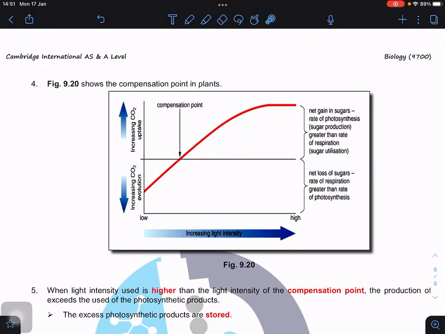Okay. So now at a particular point, you can see that when my graph cuts at this particular point, this point is the compensation point. It's a particular light intensity that results in the equilibrium between respiration and photosynthesis. So if you look at this,